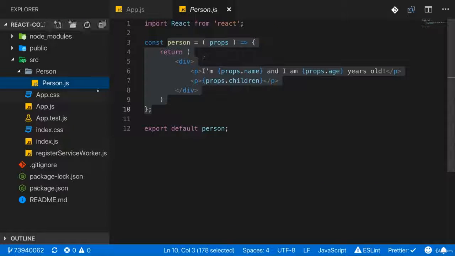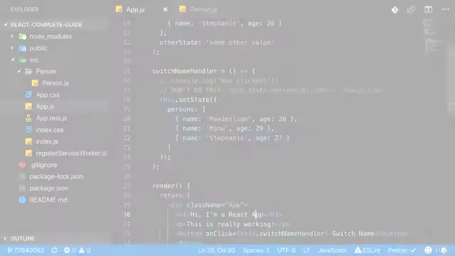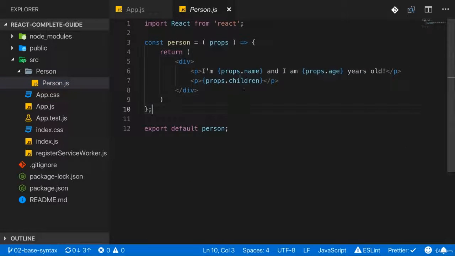if you are managing state in it, either with the state property and this set state, or with the React useState hook, no matter which of the approaches you're using, you can differentiate your components in stateful and stateless components. A stateful component is a component that manages state, no matter if it's using the useState hook or a class-based approach with the state property. A component like the person.js file, so this person component, is a stateless component because it has no internal state